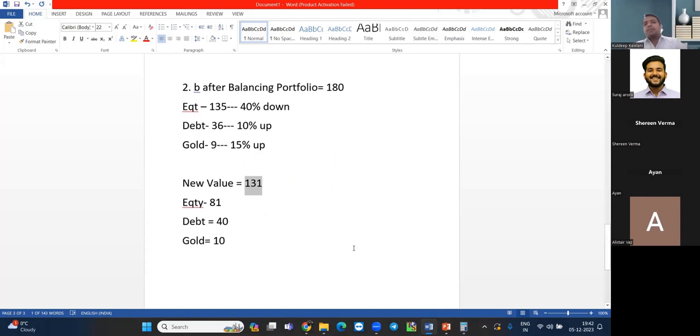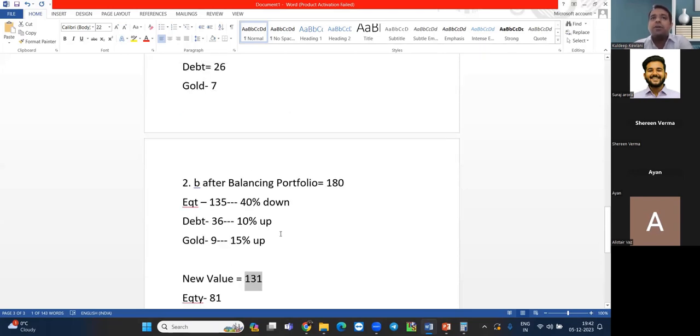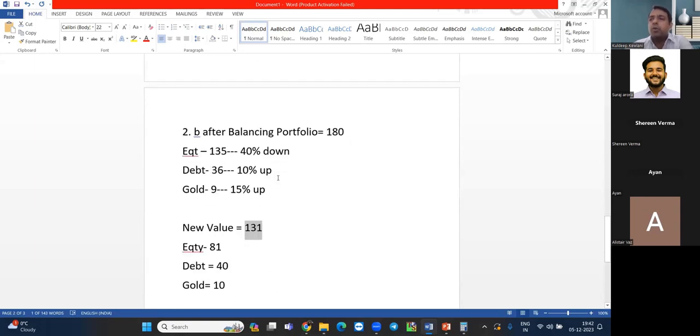This rebalancing exercise can take this rational view that, like, my allocation is 75%, and until equity goes above 85%, I will not reallocate. I will keep it the same. This can be done in this way, and it will not go above 5%. This is done as per the risk profile of the client, as per the management of the portfolio manager. But the point over here is that if I rebalance this portfolio, I was able to save 8 rupees over here, right? Which is a huge amount.